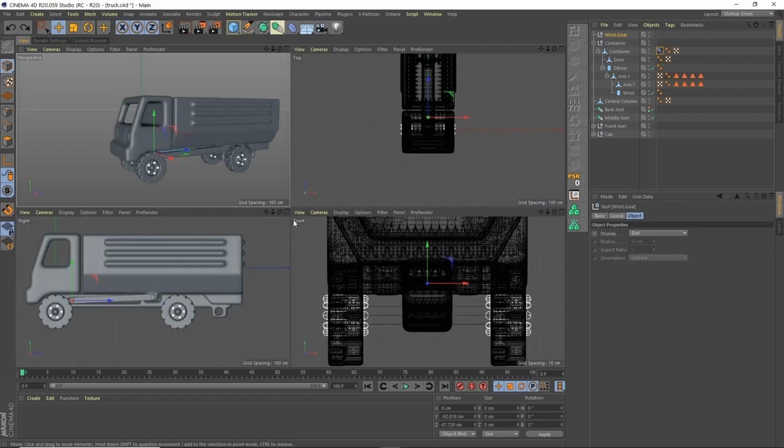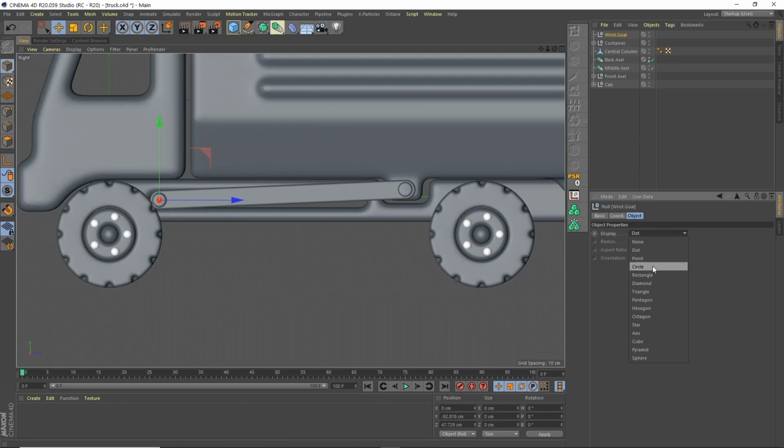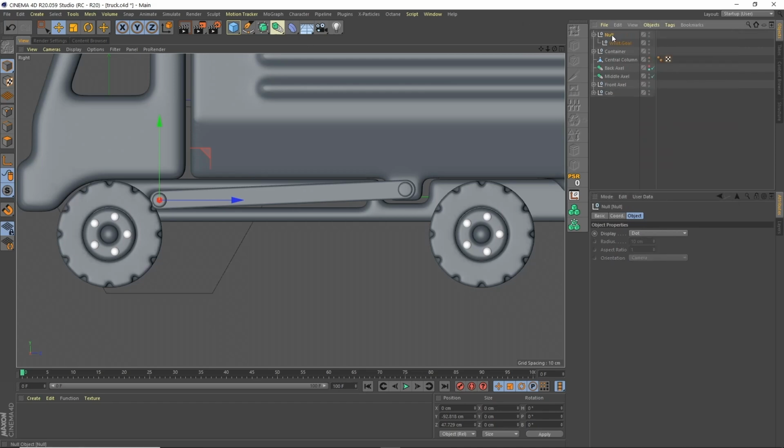So what I'm going to do, to make our wrist goal easier to see, is change this to something like a hexagon and then change the radius to like 100, then we can quite easily see it on screen. What I'm also going to do is group this object, and then let's call it flatbed